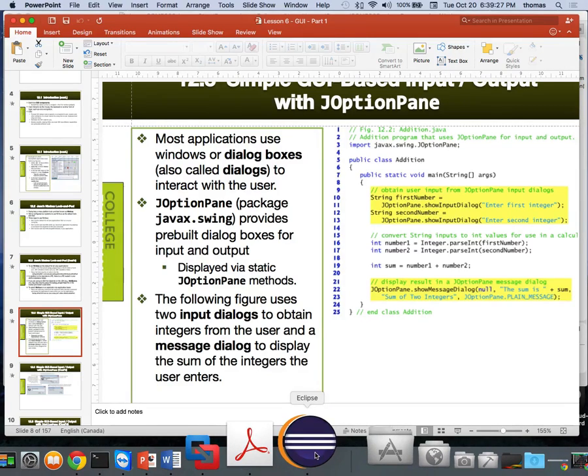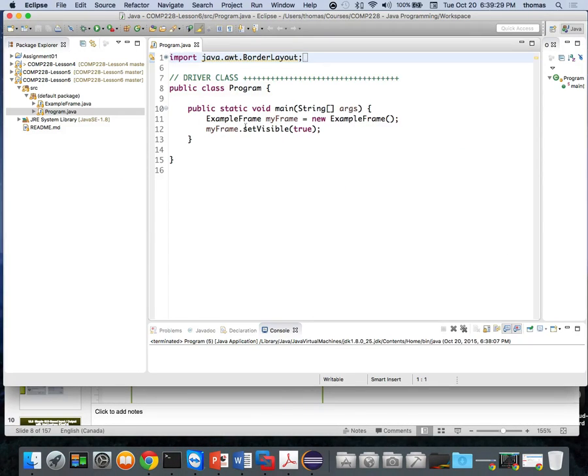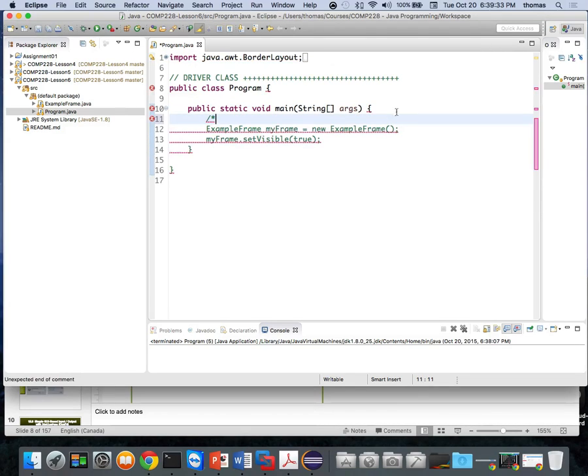So let's do that. Instead of doing this, we're just going to comment this piece out, just like we've never done it before, right? And let's use this JOptionPane stuff. We're going to define a couple of string variables. Same thing, capital S String, and the first string variable that we're going to define is firstName,